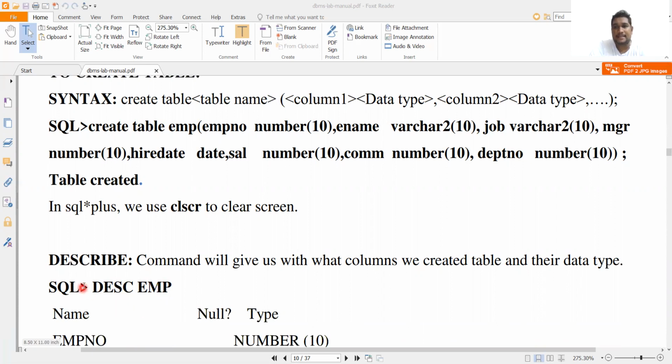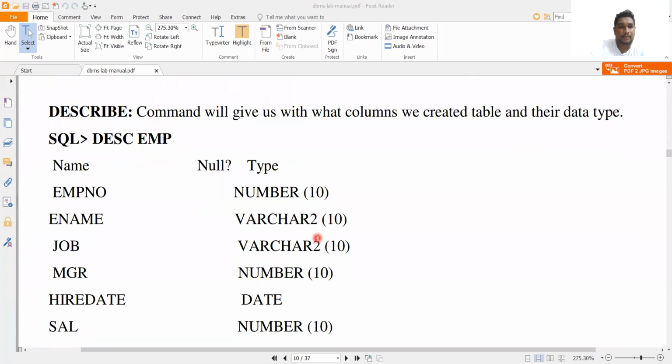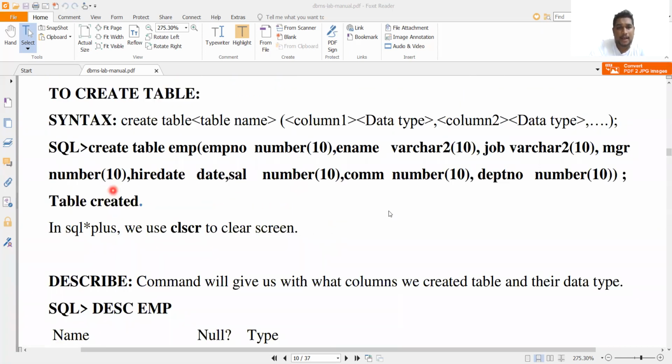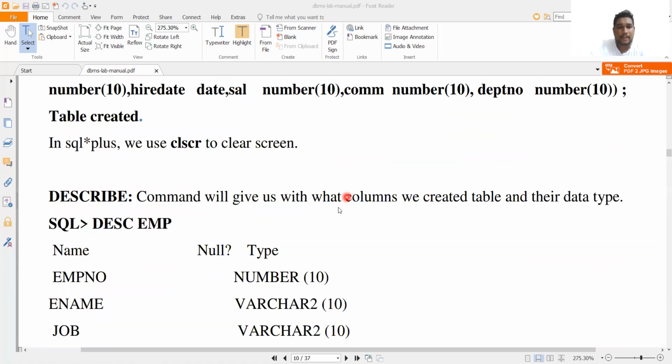This is a case sensitive language, so we can use DESC in small letters. The employee name should match whatever you created as the table name. We have 1, 2, 3, 4, 5, 6, 7, 8, so in total we have 8 attributes that will be described.